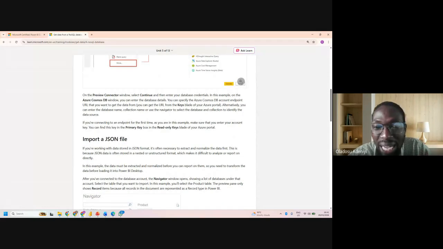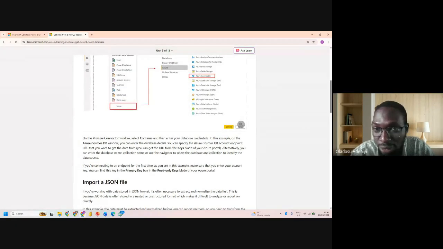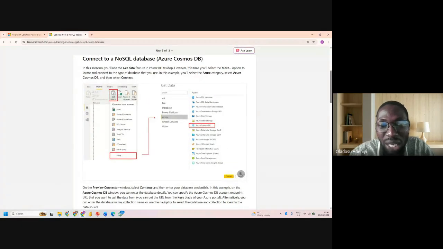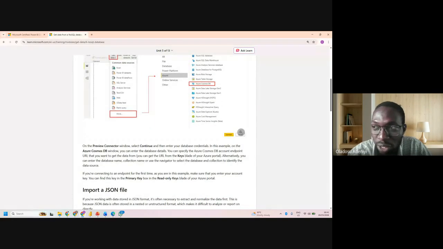Generally, what you need, and he said, select continue. Said on the preview, select continue. That is after clicking on. So whenever you are writing your blog, you can make use of this as well. Get data. Can you see all this annotation? I will teach you how to do that annotation. So get data on this as well. Then you click on connect, continue.